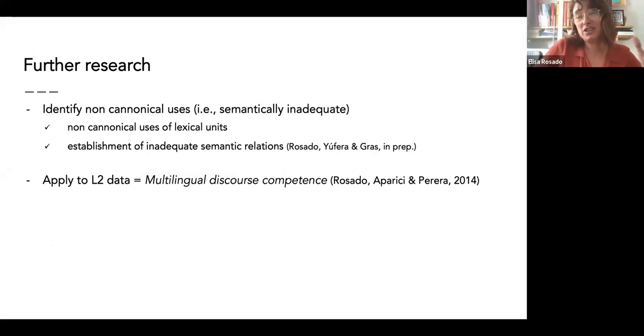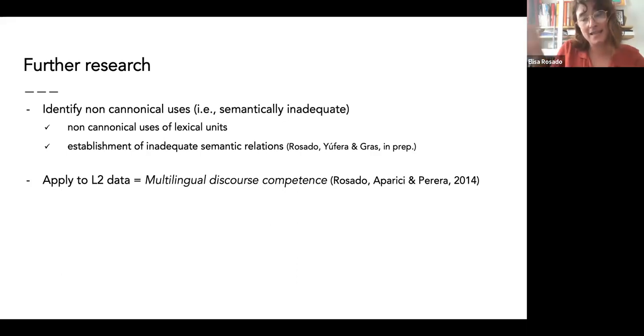So very good. The conclusion, I'd say, is that when we talk about connectivity, we realized it's definitely not enough to talk about forms or functions, but rather to consider them together. And we know that there's still a lot to do, and one of these aspects to consider would be identifying non-canonical uses, and I'm sure you know what I mean.